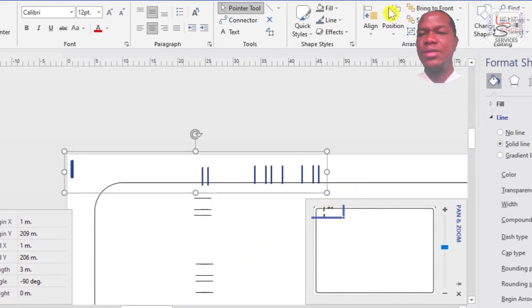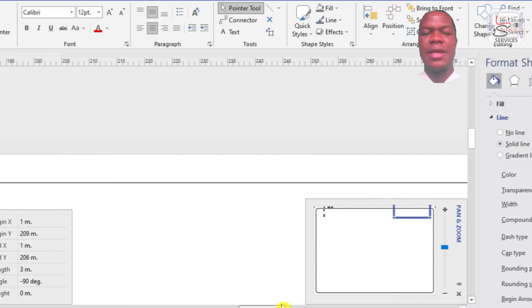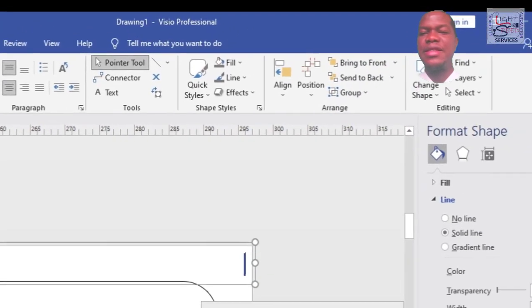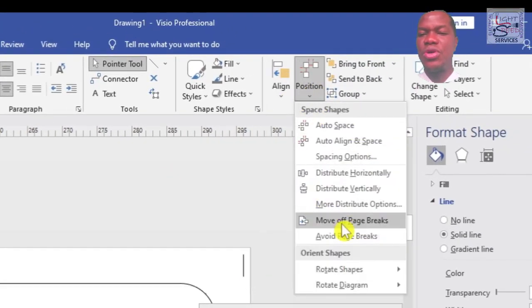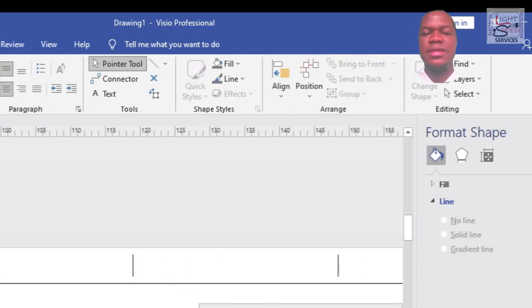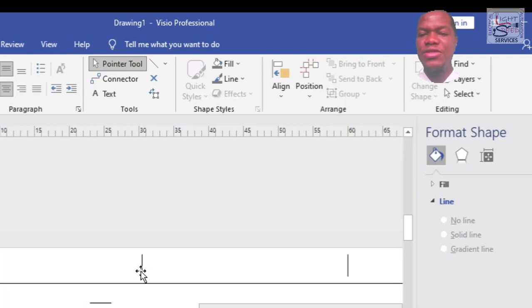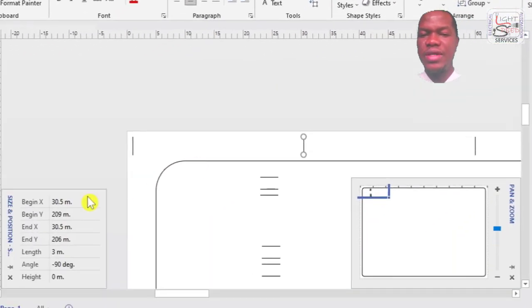To align, you click on the align button and click horizontal. Then the next thing is to distribute them so that they will be of equal distance from each other. So you say distribute horizontally. Okay, but all the lines are not going to be like this. Apart from the two at the edges, all the ones in between are supposed to be touching my rectangular border. So I'm going to find a way to bring them down.